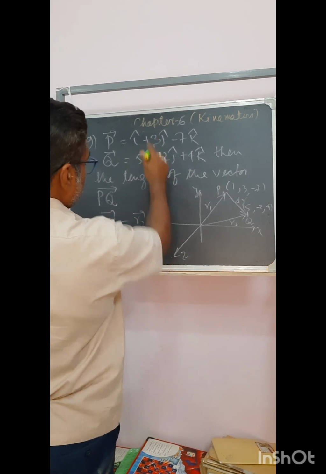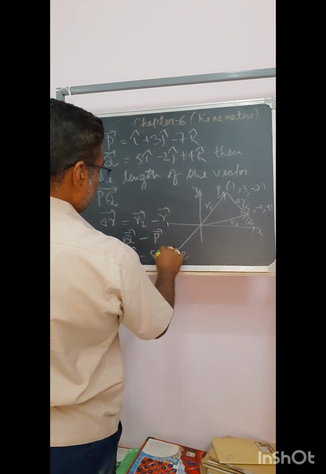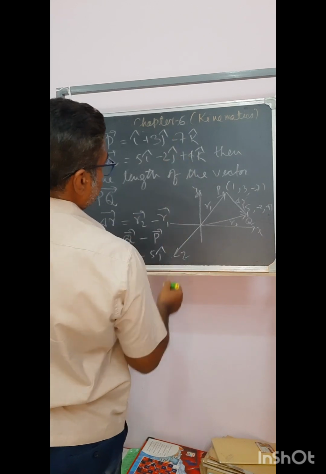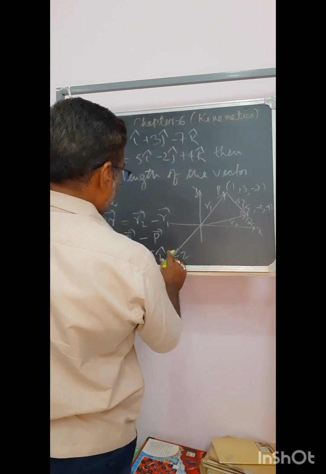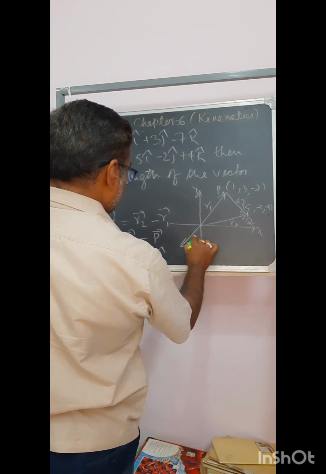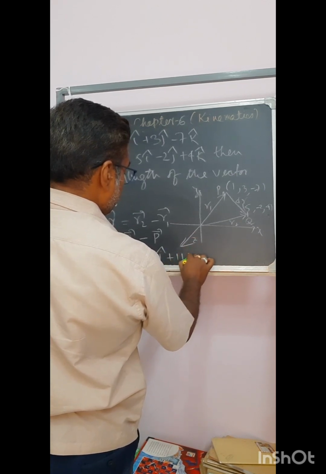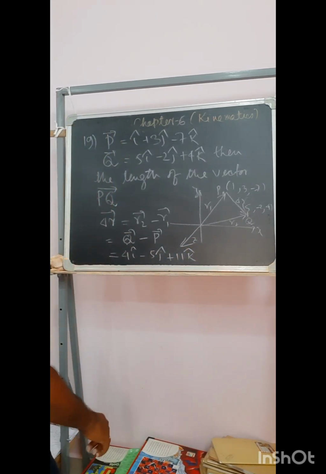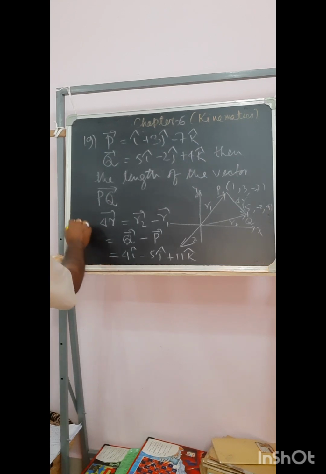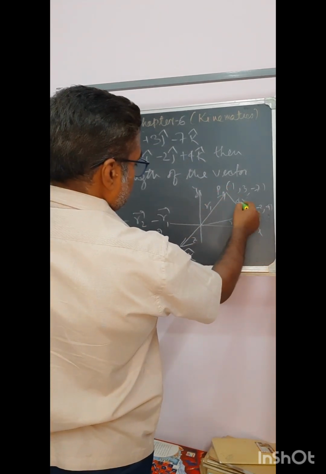Then this minus this gives 5i, 5j, and this minus this is equal to plus 11k. This will be the delta, that is PQ. Delta is taken as PQ because from P to Q the arrow will be this side. So